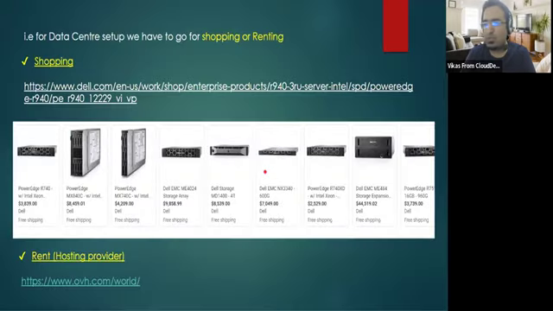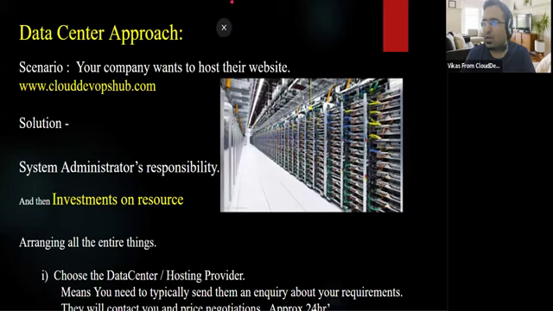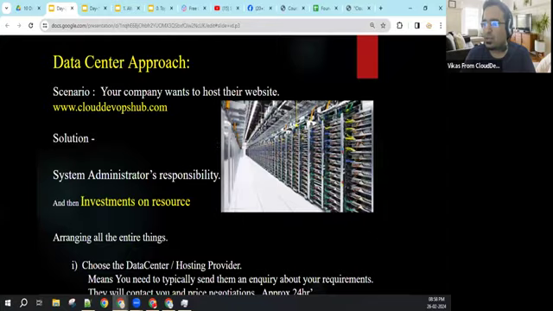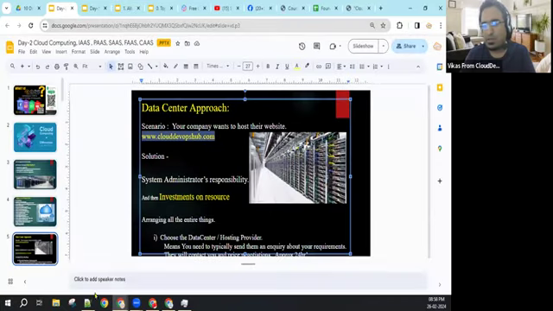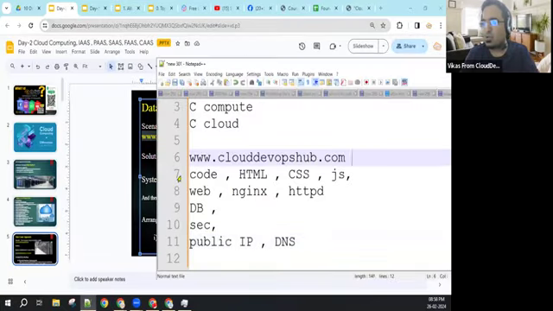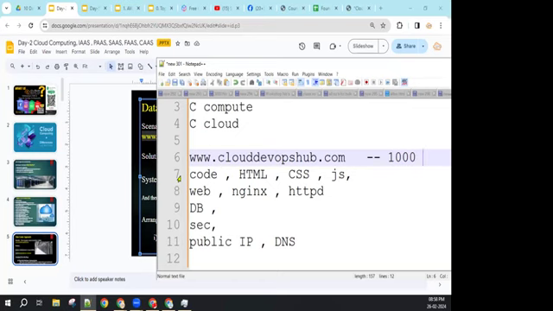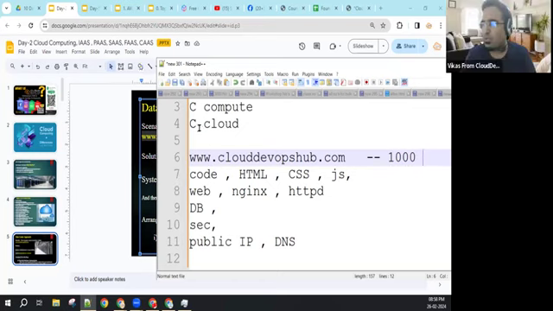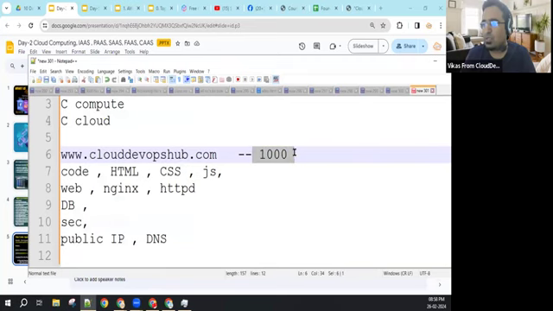Suddenly, let's assume currently 100 users are accessing my website, and suddenly thousands of users come to my website. What will happen? My website will be down. Yes or no? Now I observe that I have to increase the CPU and memory.